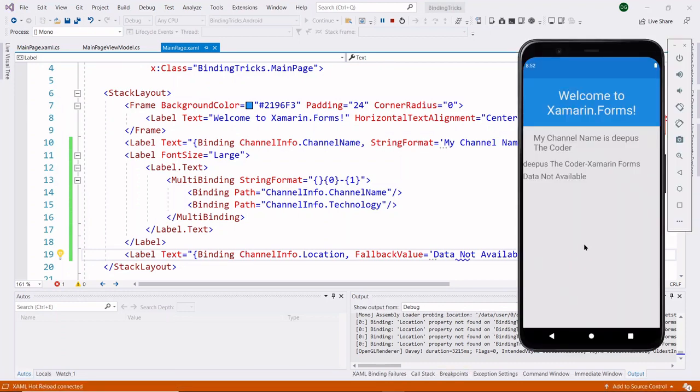Here you can see that the data not available fallback text is displayed. So this is the use of fallback value. Whenever our bindable object is not available, at that time instead of showing empty, it will show our fallback value text. Let's see our next binding trick.